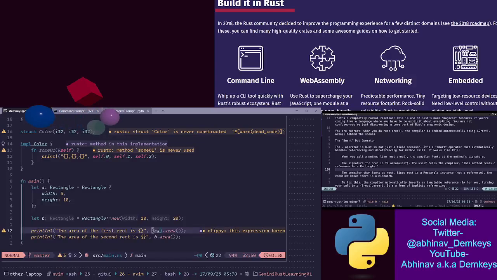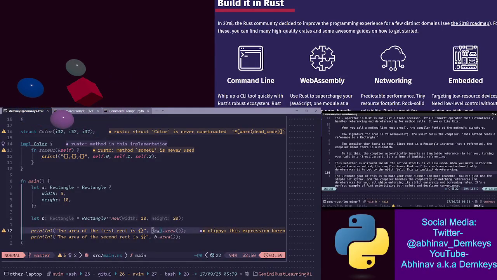Let me scroll down so you guys can continue reading along with me. To fix this, the compiler automatically inserts an immutable reference for you, turning your call into so and so. It's a form of implicit referencing. This behavior is mirrored inside the method itself. As we discussed, when you write self.width inside the area method, the compiler knows that self is a reference and automatically dereferences it to get to the width field.